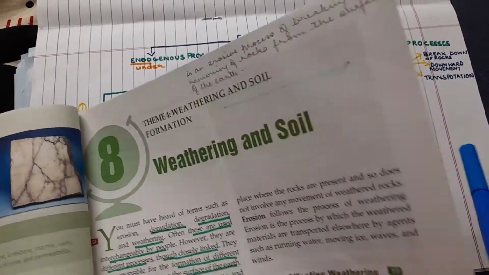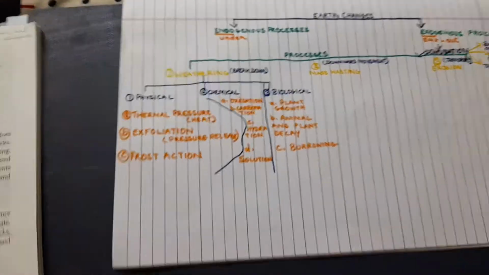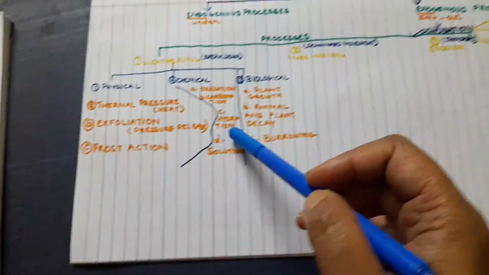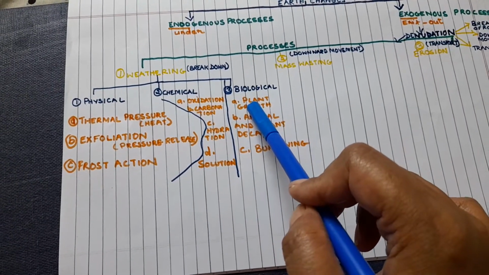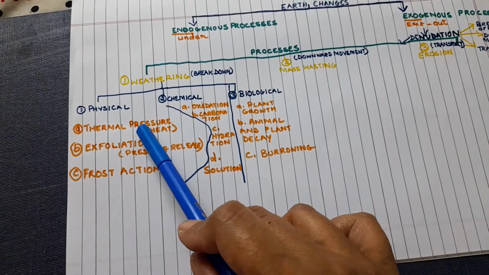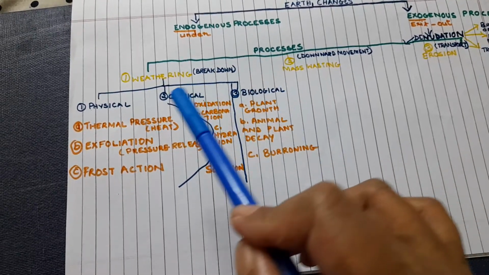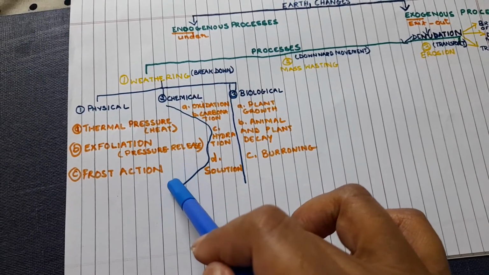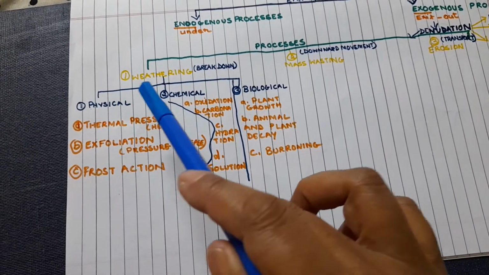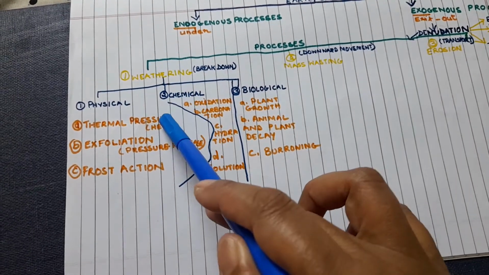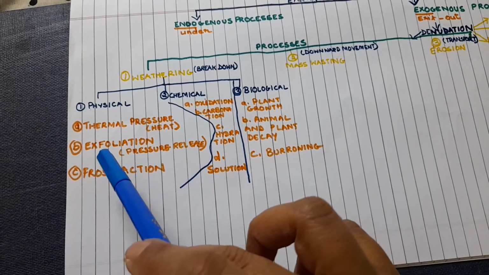Now, I have again made a chart for you about the different types of weathering. Now, weathering can be divided into three types. They are physical, chemical, and biological. Under physical weathering, there are three types. Through thermal pressure, that means with the application of heat, there is a change. Then exfoliation,